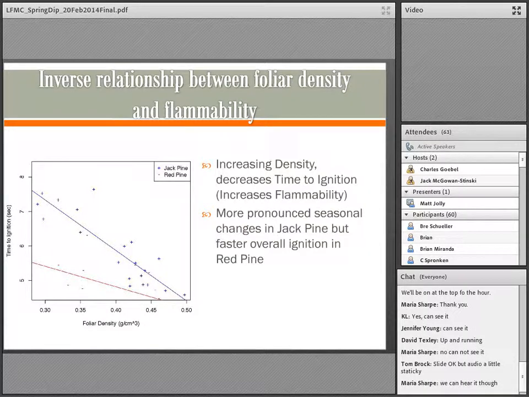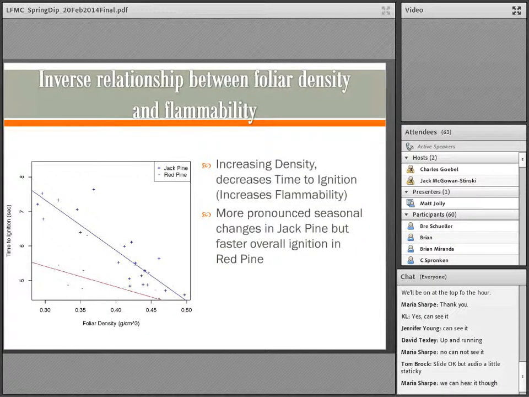So the initial pulse of energy comes from simple carbohydrates and starches. What we find is that live fuels may potentially work that same way: fuels that accumulate these simple sugars are also accumulating a source of energy that's easily pyrolyzed and easily accessible in a wildfire. So as the density increases, as a result of an increase in simple sugars and starches, that density increase is suggesting a change that we've never considered before, which is a change in the actual energy content of the fuel